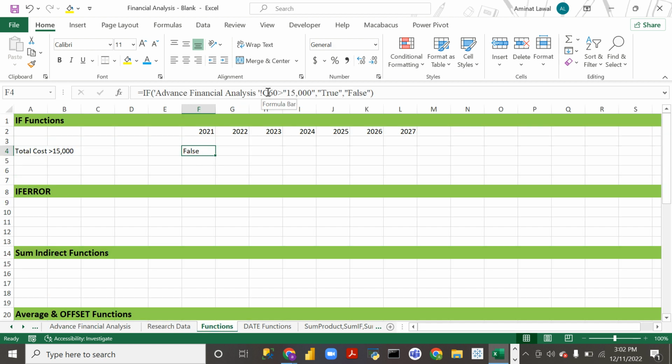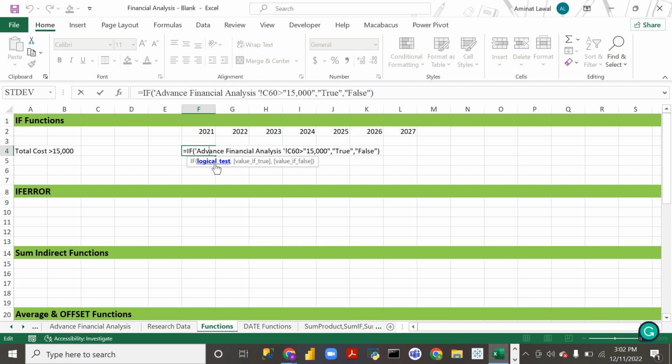It accommodates conditions. So the IF function is about applying a condition to the formulas that you have. Look at the formula here. It's the logical test. It will first ask you what logical test you want, which is that if the total that I have there, this total here,